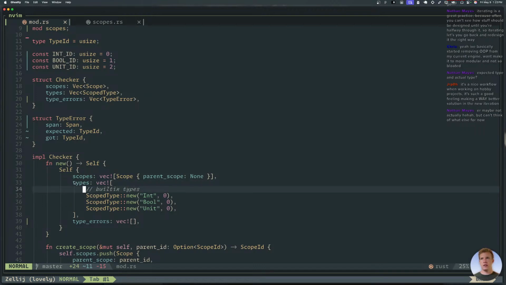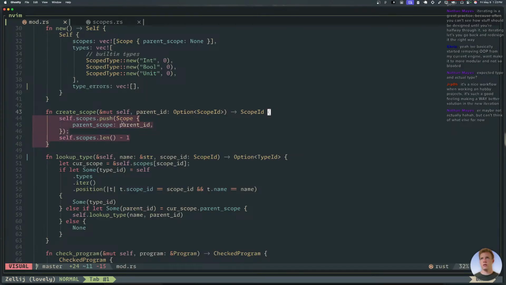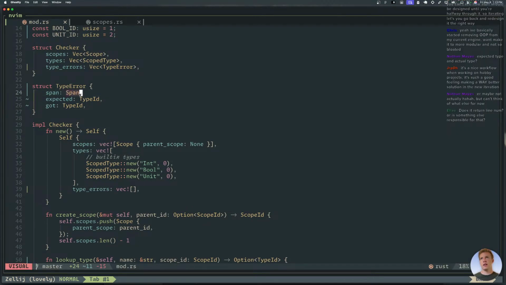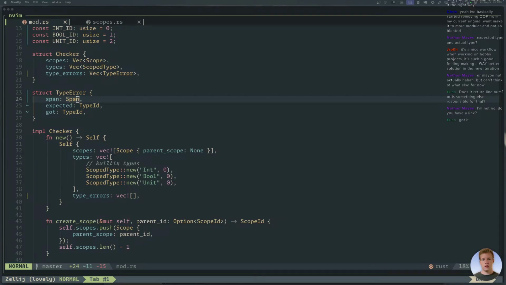Nathan, by the way, you're not on the Discord, are you? Does it return line number or is something else responsible for that? That's in this span. The span is like the span in the text file. Do I have a link? Let me get you one. I think there actually might be one in the description.